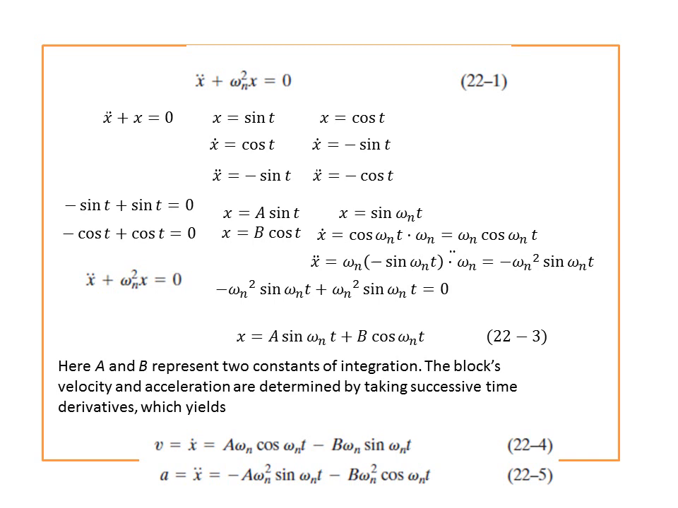Velocity is x dot equals a omega n cosine omega n t minus b omega n sine omega n t, while acceleration is x dot dot equals negative a omega n squared sine omega n t, because cosine becomes negative, then minus b omega n squared cosine omega n t. Take note that the angle here is not in degrees but